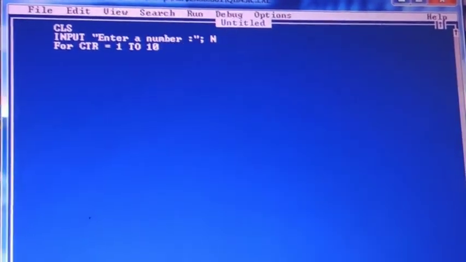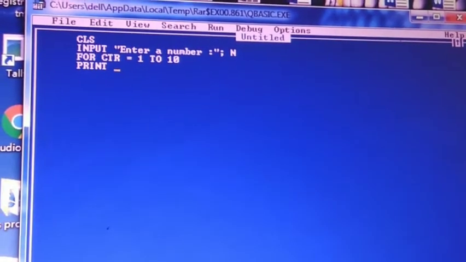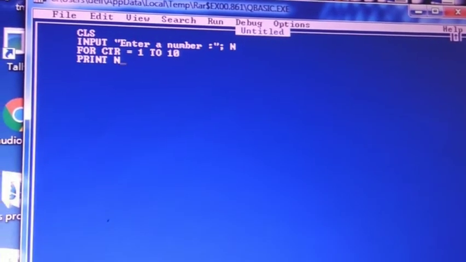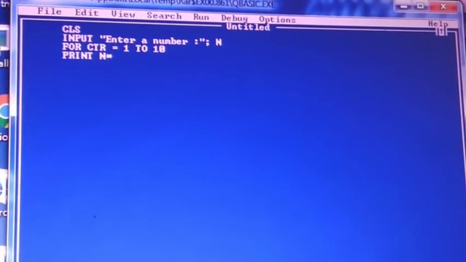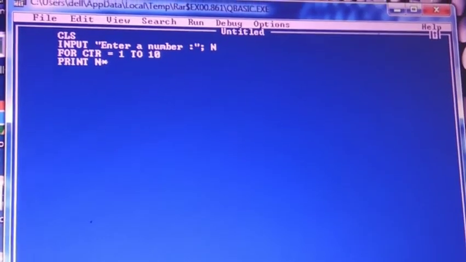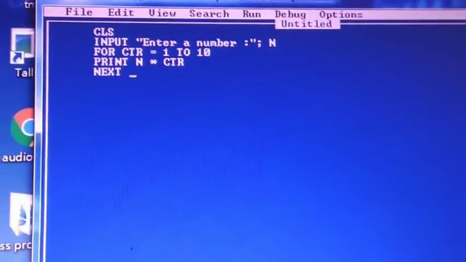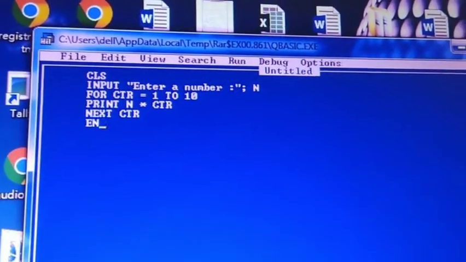Okay, then enter, write PRINT N star, star CTR star. Then next line, enter, NEXT CTR. Then on the last line, END the program.